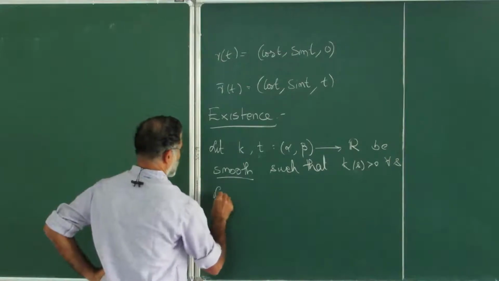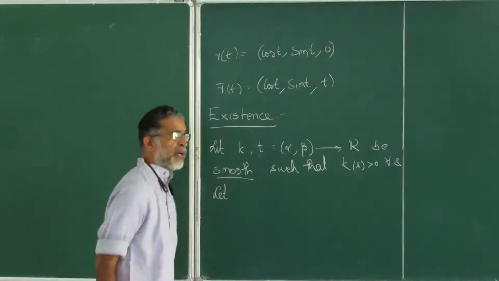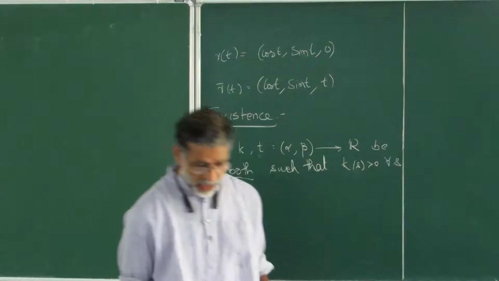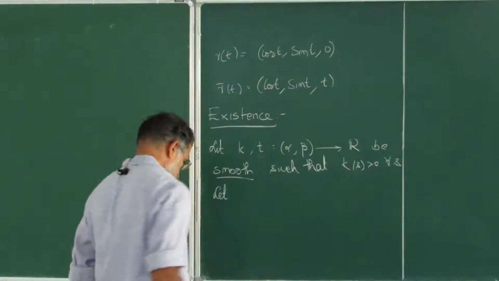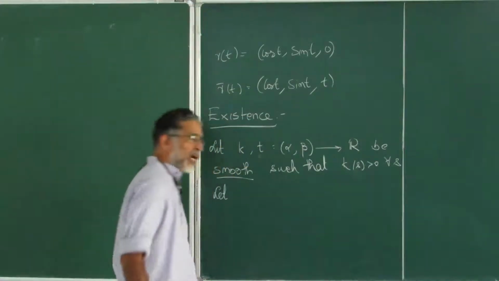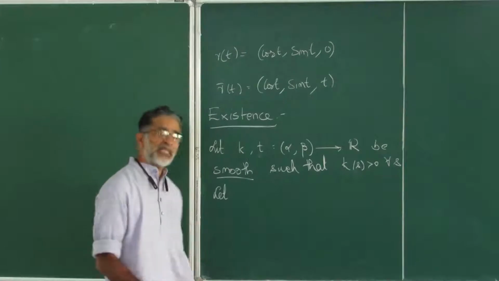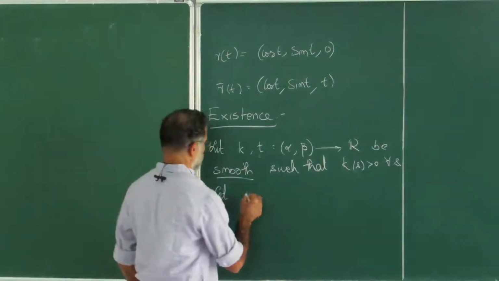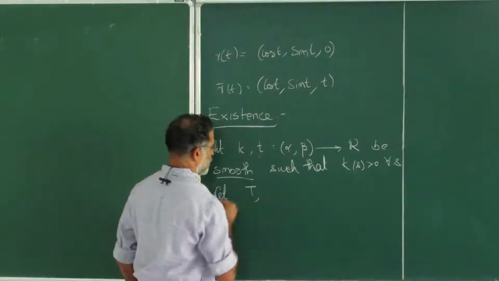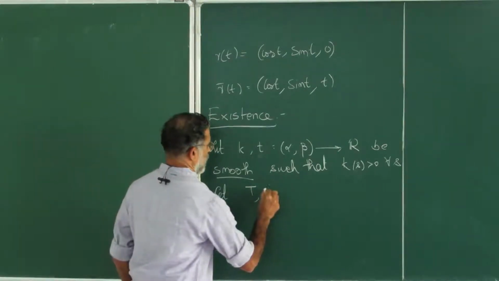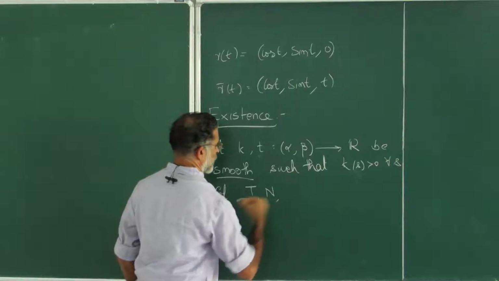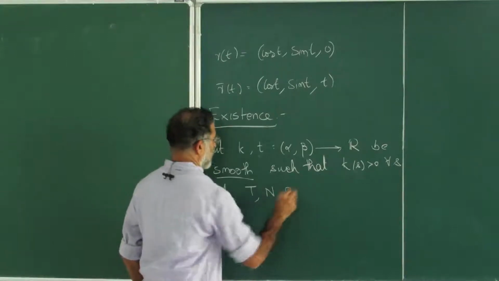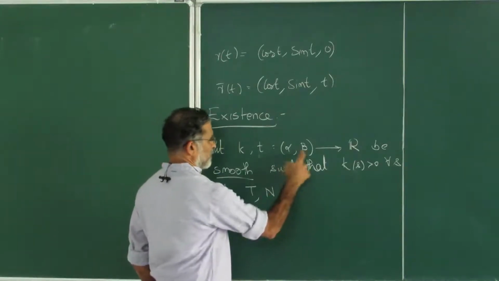So for the Serret formula, what is required is the curvature, the tangent, normal, binormal. So let us take three such functions: T, N, and B. These are all supposed to be defined on